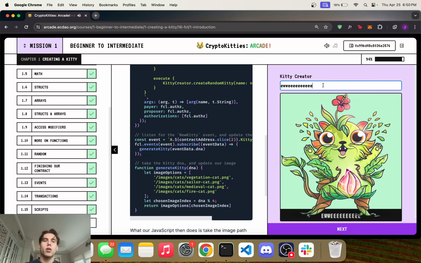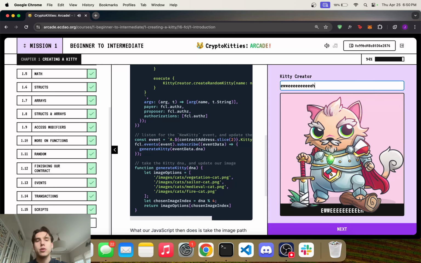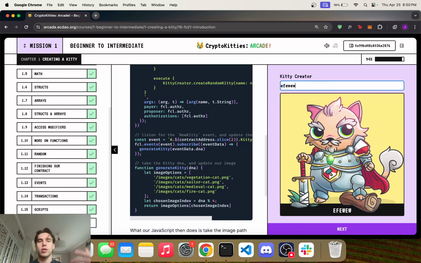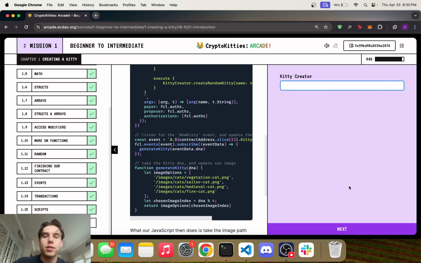Now, of course, on mainnet or testnet, every time you type a letter in here, it's not going to run a transaction that fast. But this is all just sort of simulated, but still cool nonetheless. So that's it. We finished our courses, and we're done. And you can see now I've completed this mission.